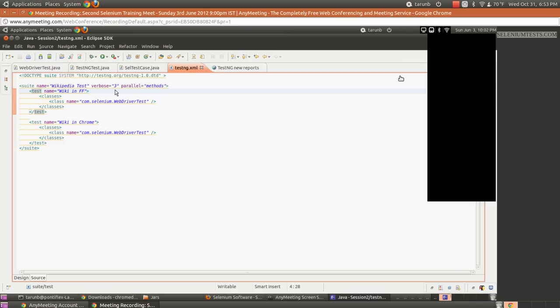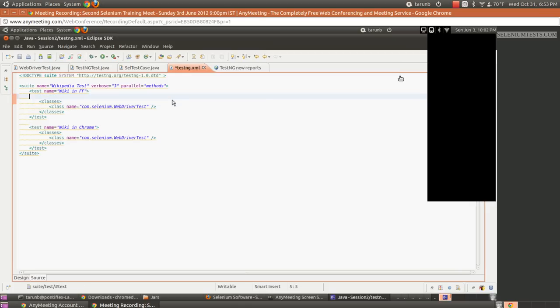Okay, so what I will do is I'll give a parameter here now. So I'll define a parameter here. I'll say parameter name browser. So this should be in quotation. Okay, value equal to ff. Okay, so this is one parameter.